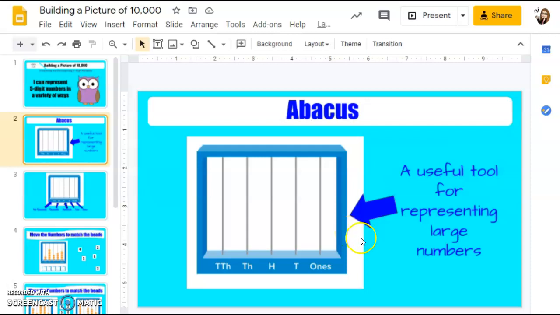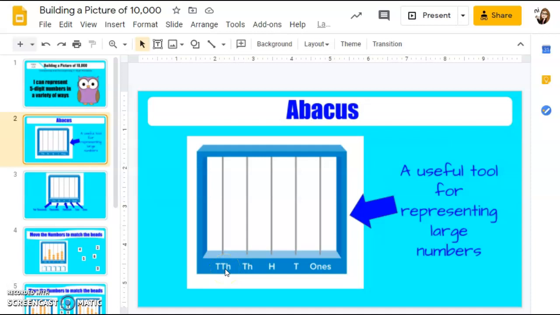So far we've been representing our numbers using our base 10 blocks. So for our ones place we had the units cubes, for our tens place we had the rods, for our hundreds place we had the flats, and for our thousands we had the thousands cube. Now on our new numbers we're moving past the thousands into the next place values, and our next one is